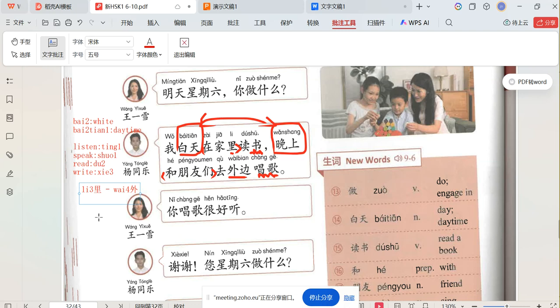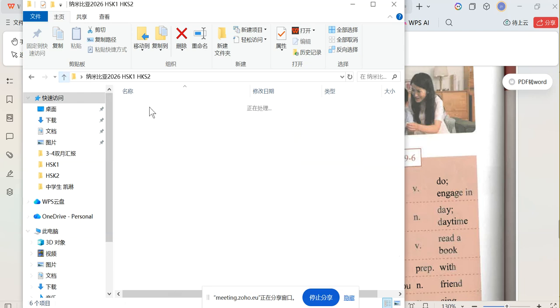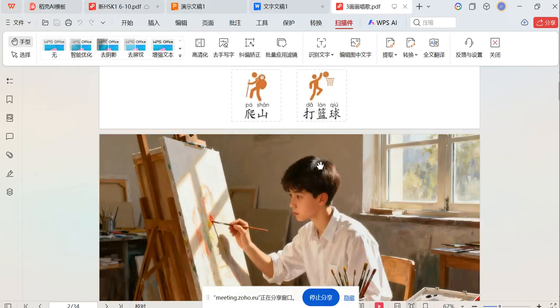在家里。So in the daytime, I'll stay at home and read a book. In the evening, I'll go out with my friends to sing. 唱歌。唱 is to sing. 唱歌。